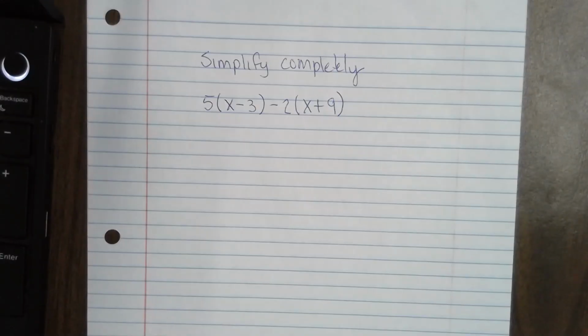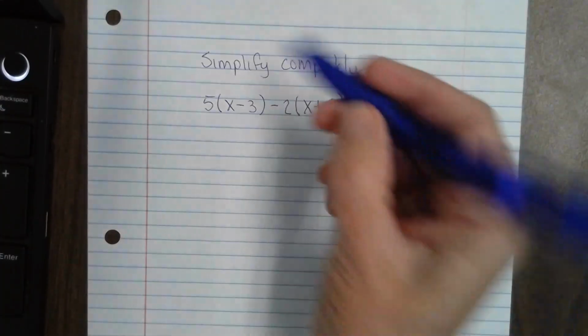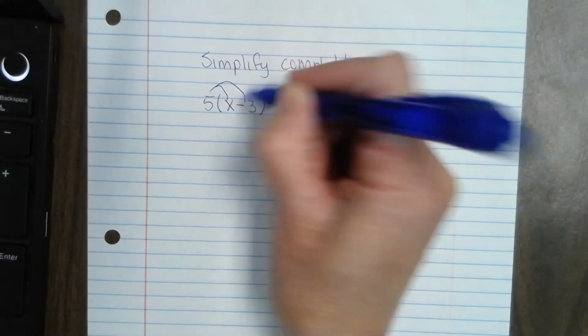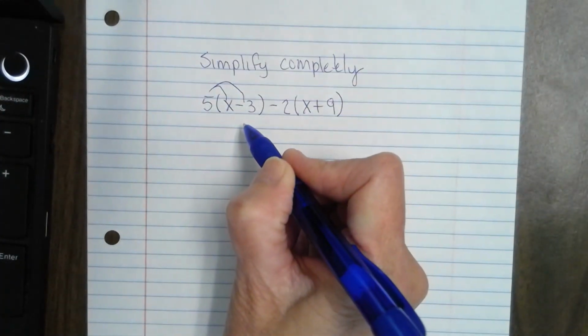Okay, problem on the board. All right, folks, there is no equal sign. The only thing you can do is clean this thing up, so to speak. So we're going to do distribution. When I do it to this first parentheses,